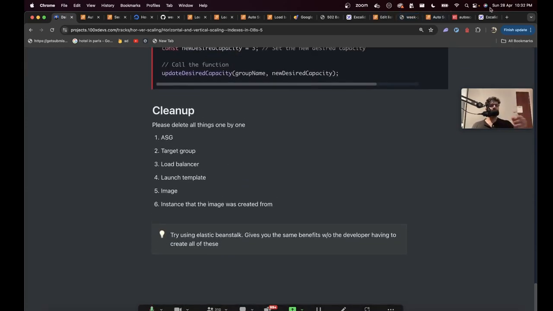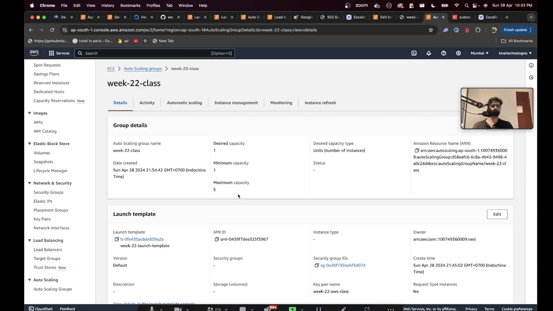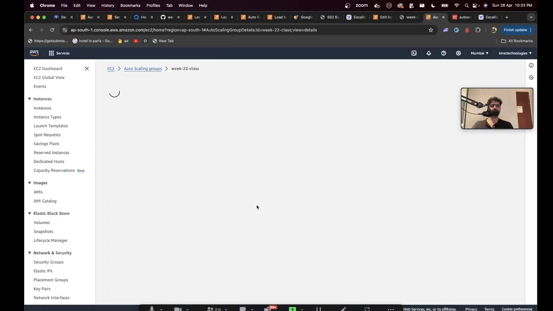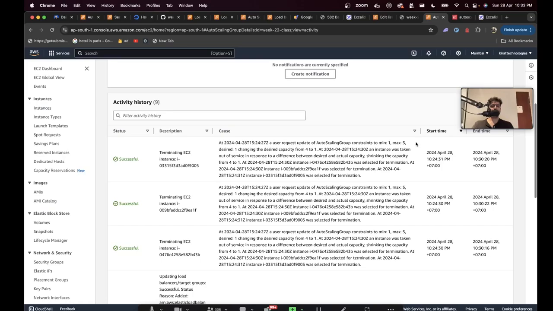Cool, that's all. Let's see if our server scaled up. If I go here now to week22 class, it's still at 1. Oh, there you go. Can you see the desired capacity went up? If I go to activity and sort it by time,